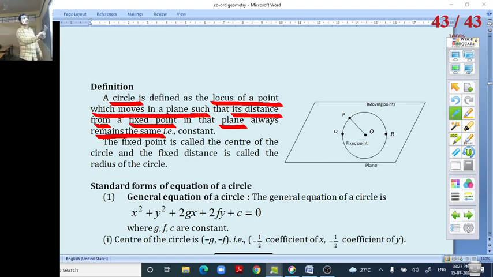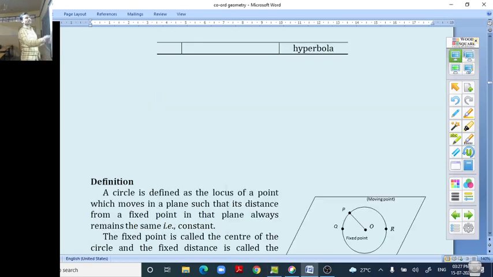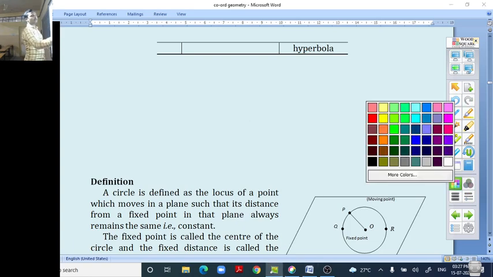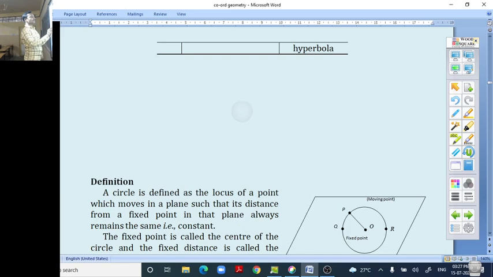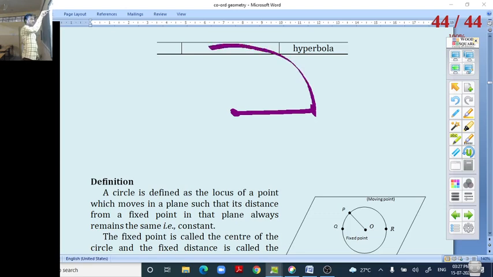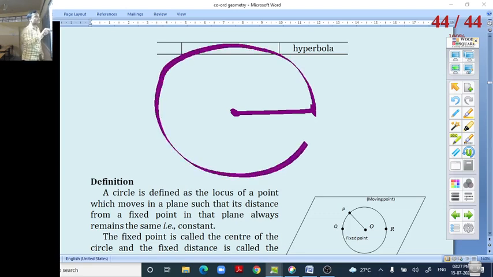Otherwise, we will try to draw the circle also. As you can see, I am fixing a point here. So let us fix this distance. Then with respect to this distance, if I start travelling around it with the same distance everywhere, you can observe that I get a circle. It is not exactly a circle, but approximately what I am going to get is a circle.